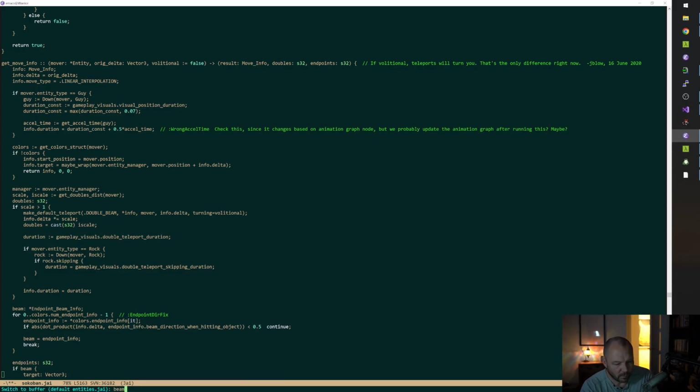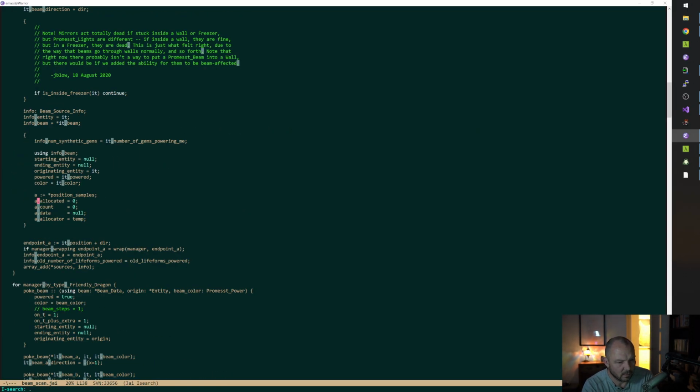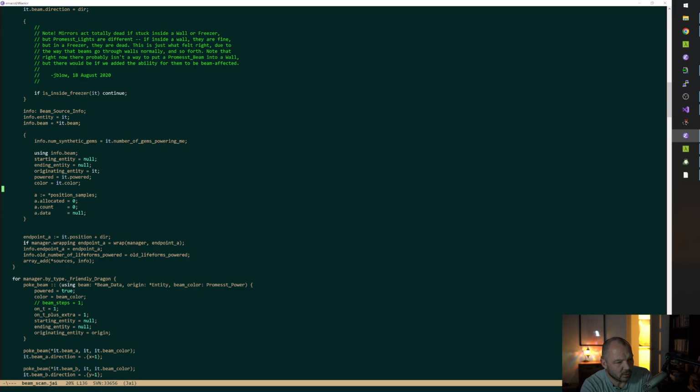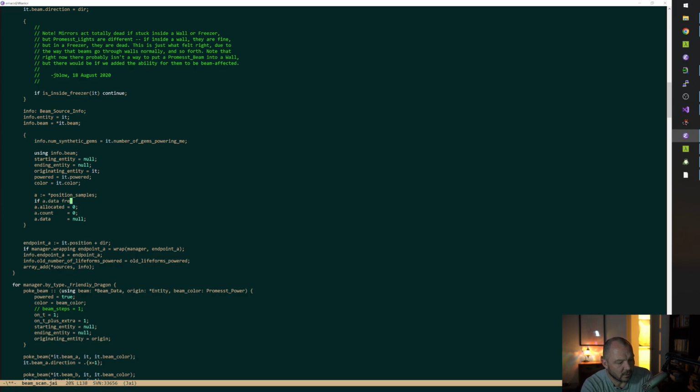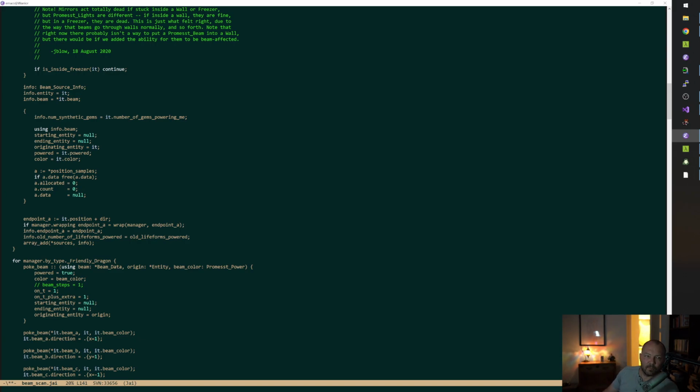I think it was in BeamScan. Oh, yeah, right here. Actually, no. We were putting it in temporary storage. Okay.